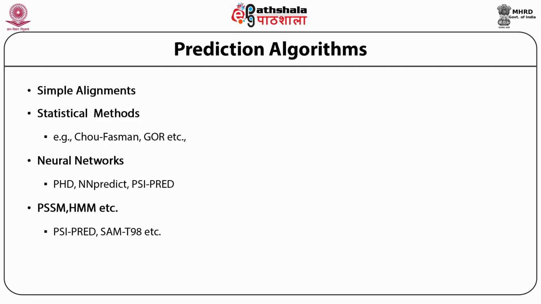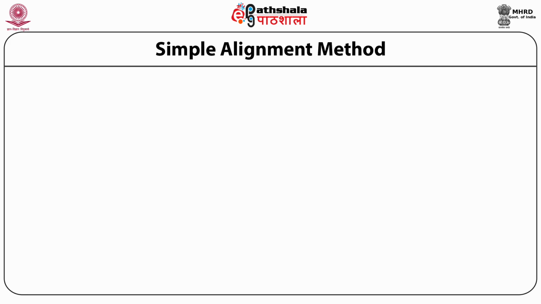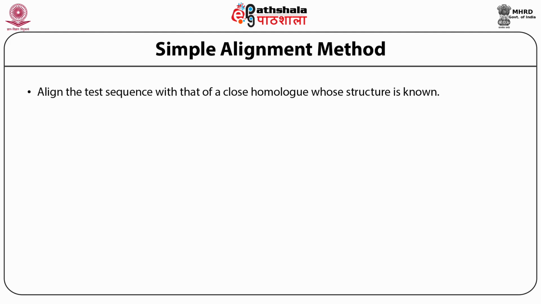Given a particular use and the importance that we assign to secondary structure prediction, we might use one or the other program. So let's start from the simple end, the simple alignment model. Essentially, you know a sequence, you know the structure, and you have it assigned. Say I have a protein, say hemoglobin, where I know that the first 16 amino acids form an alpha helix. Now I take my unknown protein sequence whose secondary structure I want to know, and I simply do a sequence to sequence alignment between the one which I know and the one which I do not know, maybe using a Needleman-Wunsch type of algorithm.